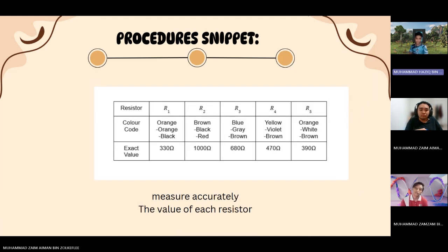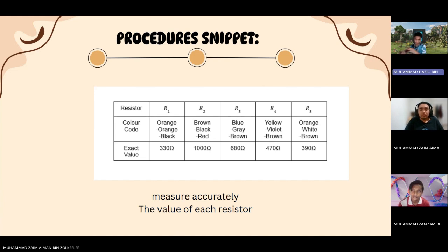So this one is the resistance, this one is the procedure 3, which is we need to actually measure the value of resistance